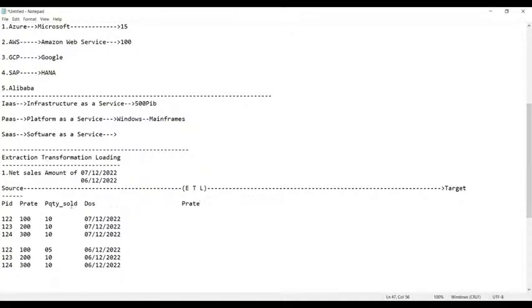Now tell me, do you require the product quantity sold? Of course, we require the product quantity sold. Quantity sold. Now tell me, do you require a date of sales or not? In fact, we require DOS, date of sale. Without the date of sale, how can you find out?